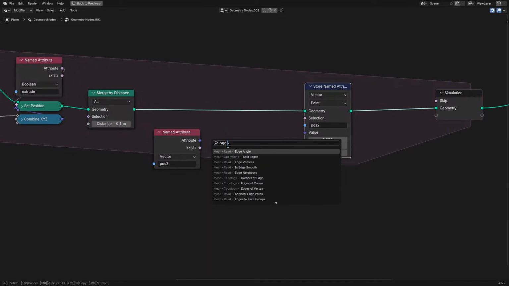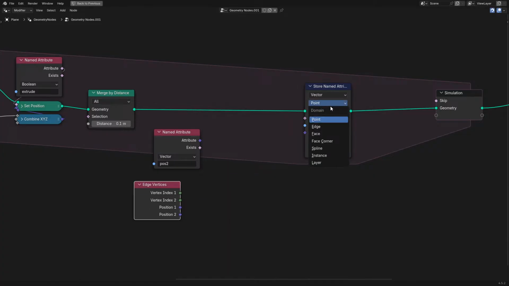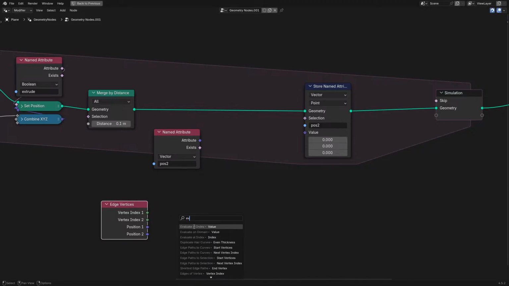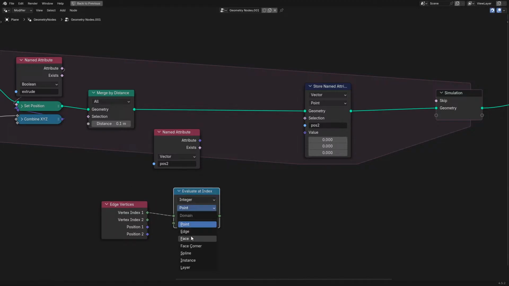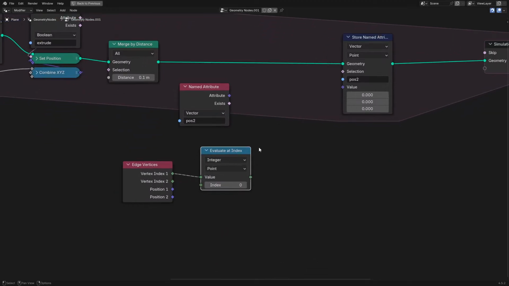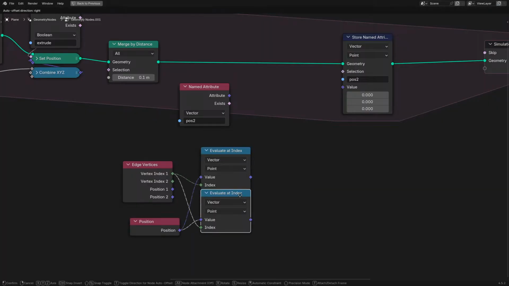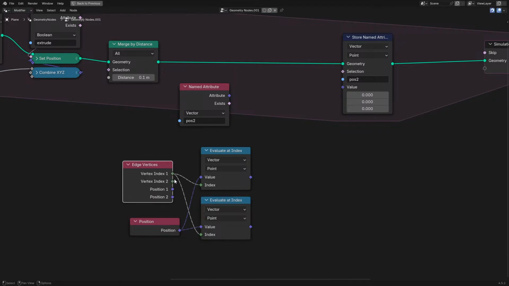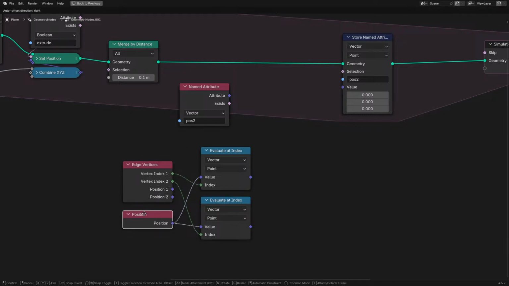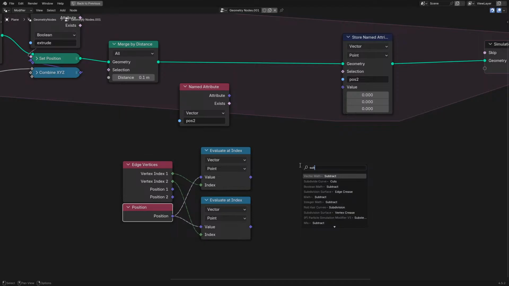So edge vertices. Actually, can we store that on the... No. You need to evaluate at index. This will be the edge. Nope, that's a point index, and then we need to evaluate this on the edge. Oh, this is a pain. If only there was a solver being worked on that would solve this. Like, at this moment. But yeah, no, I'm excited for the solver branch, even though, again, it's still a work in progress, so there is a chance that just,